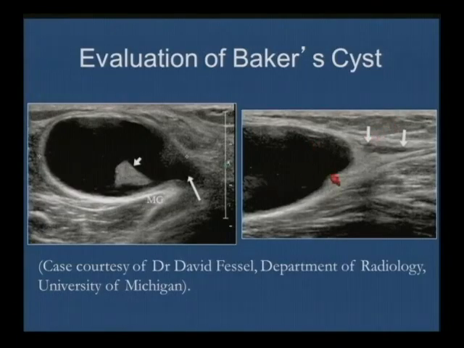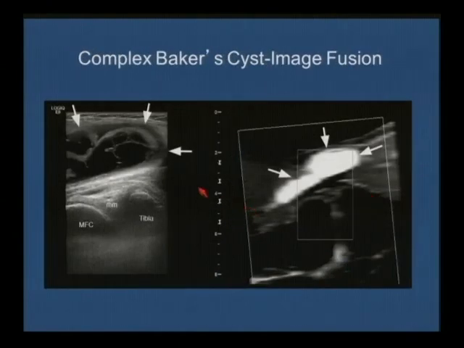And then here's another one. Here's the neck on the axial, it's slightly complex, and it's got a slightly irregular tail or margin, and this we frequently see when the cyst starts to rupture or has ruptured. And then here's one